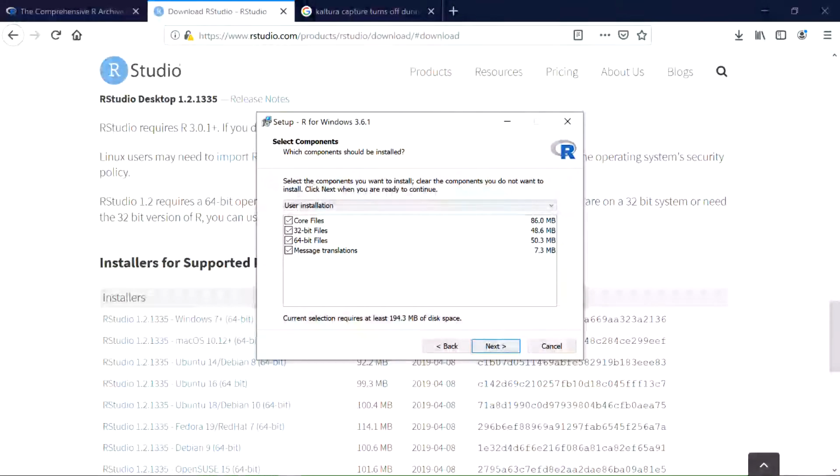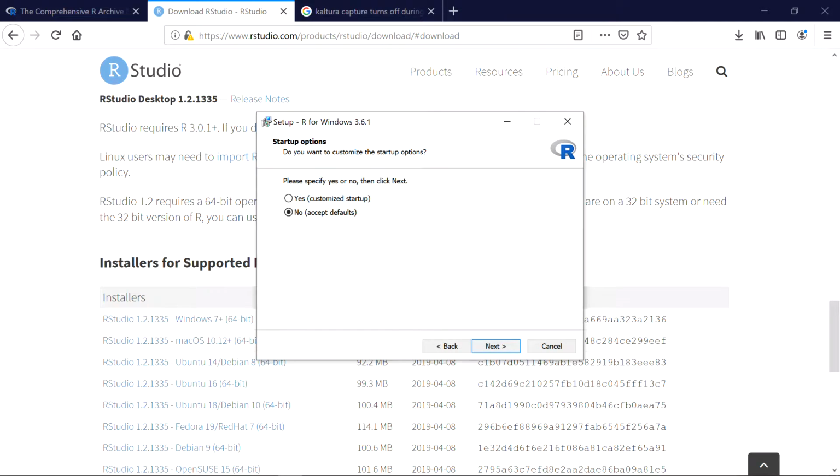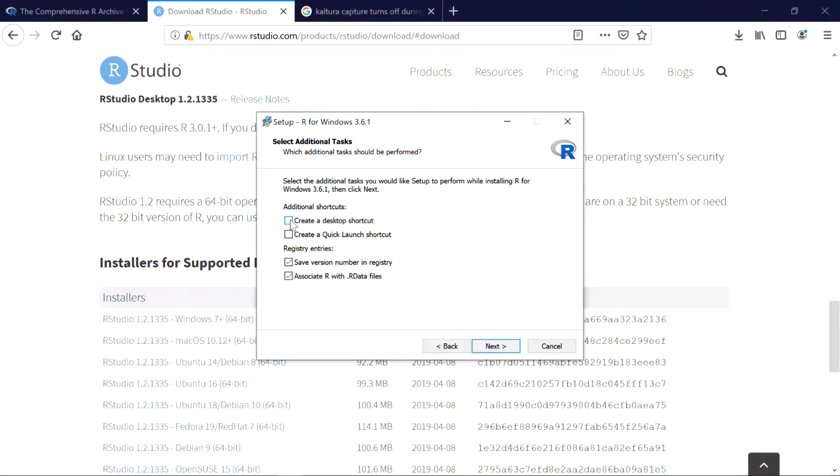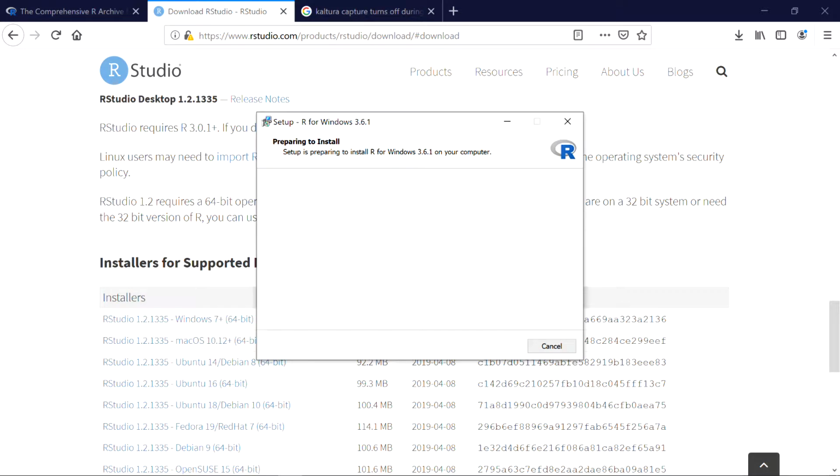That's okay. And then most laptops and computers are 64-bit, so this is usually the version that you need to install. The other ones are fine. You can just leave them if you like. And then also, there are some customized startups that you can set up for your R. But for now, I'm just going to go ahead and pick the defaults. And then again, if you want to create desktop shortcuts or quick launch shortcuts, all these options are available to you. So now it's going to go ahead and install in this directory. And once it's installed, I'm going to show you a quick demo of the RGUI